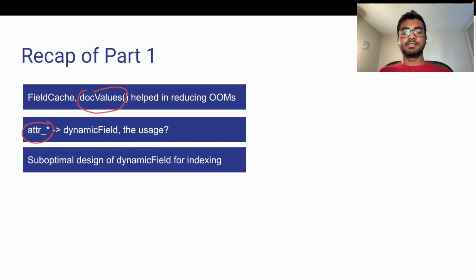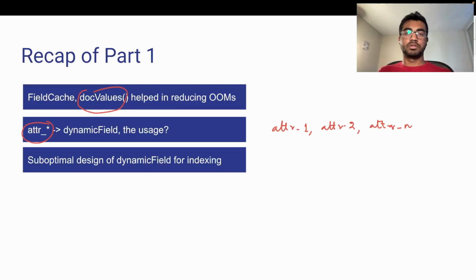So what exactly is this doing? When we add it to the indexing engine, we're saying we want to index all of the fields with attribute underscore star. That means attribute 1, attribute 2, attribute 3, and so on will get indexed automatically. We don't have to manually write that we need to index attribute 1, attribute 2, and so on. This would help us save a lot of developer time,